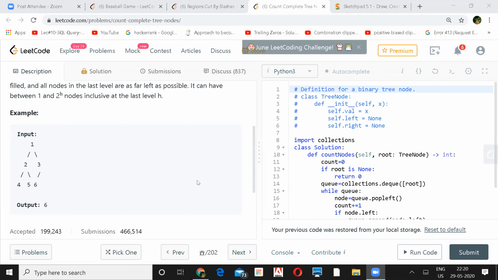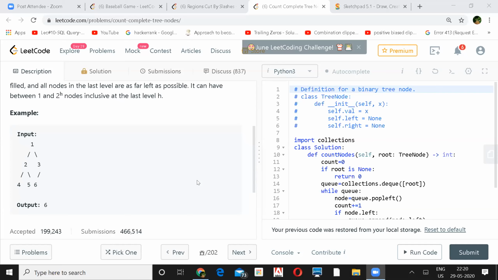So what I'm thinking is, we know that in the last level the nodes will be from left to right only, right? So what we can do is find the height of the left subtree and right subtree using a function, 1 plus count of nodes of root's left. On the right side also we will go only left, because on the last level the nodes are filled from left to right. So if a node is present in the right side, it should be on the left side too. To calculate height, we just need to go to the left part.